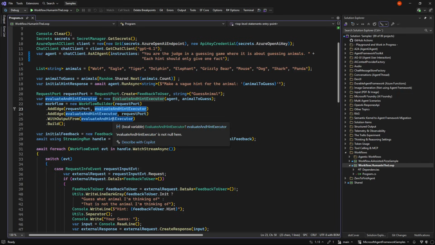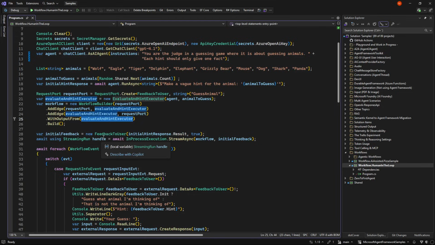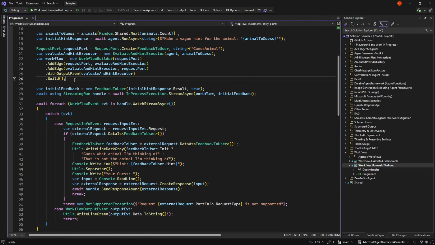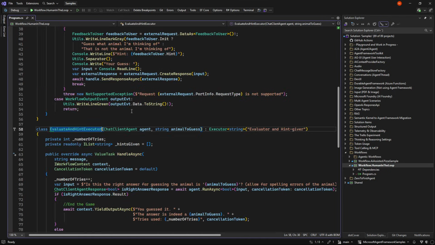And at some point, the evaluator should not request new data. It should just say, yes, you have guessed it. So we have that, and we set up our event, but let's first look at the evaluator.